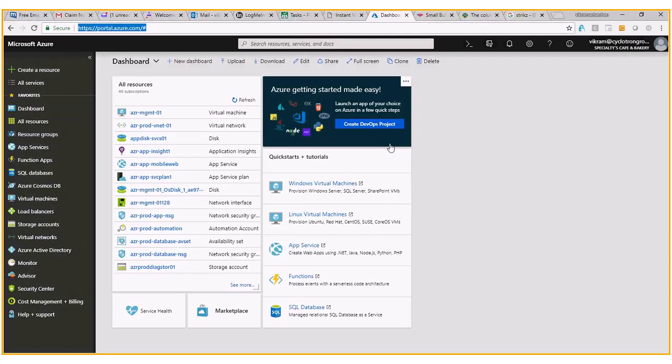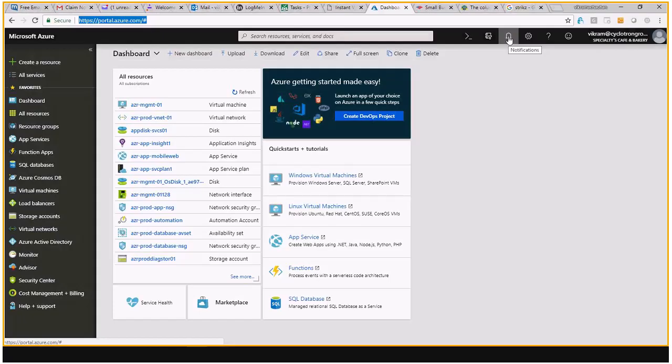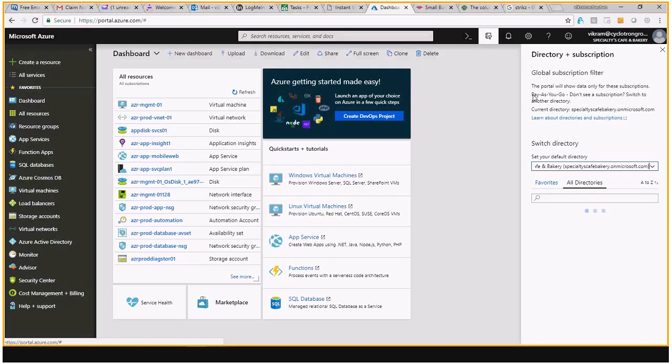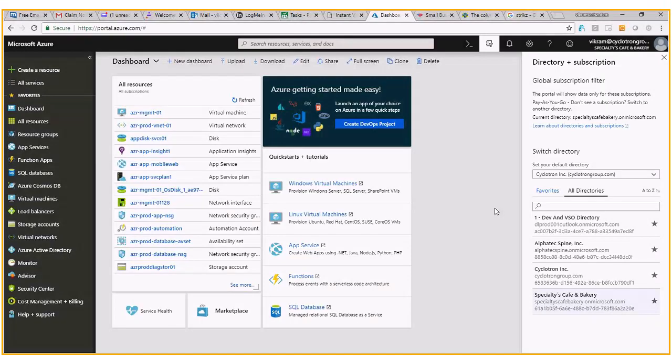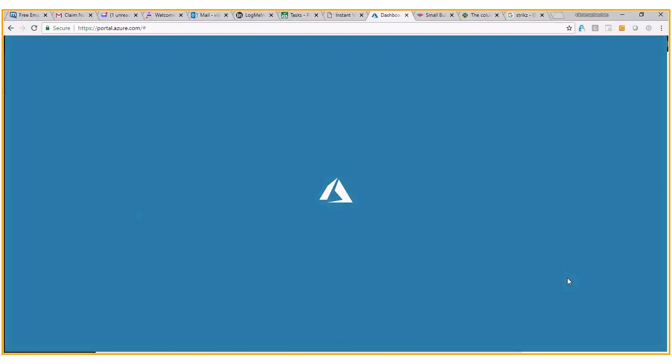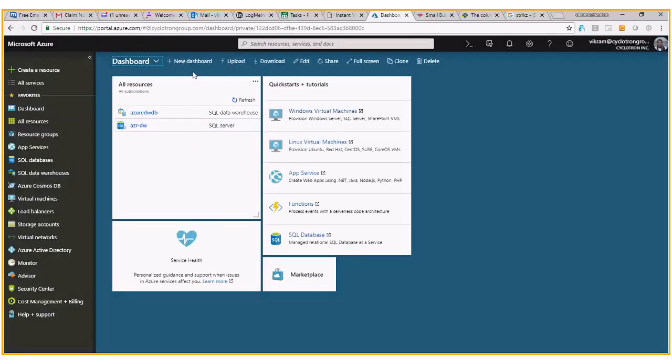Let me know once you can see the portal screen. Good to go. Okay. So this is Cyclotron's portal that we are currently looking at. Give me just a second. So here, as you can see, this is the Azure portal.